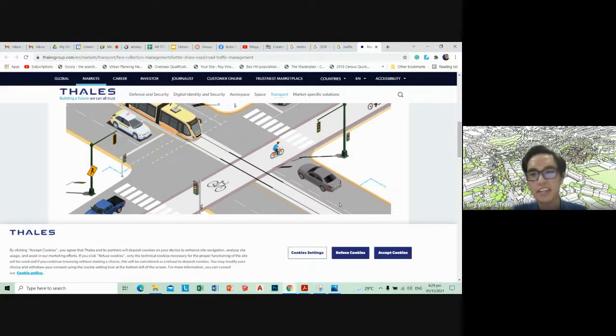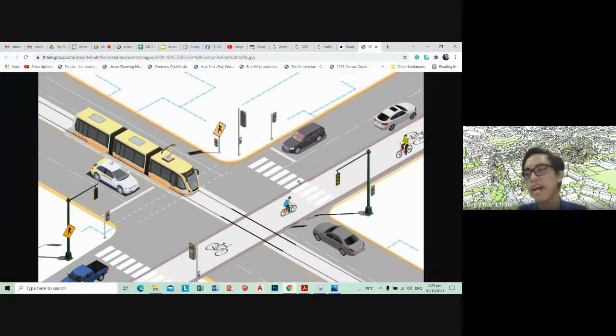Basically, the idea is that the reason why congestion is so bad in the Philippines is that everyone wants to drive faster, and that makes them change lanes and overtake each other. And it's that act of changing lanes that actually causes traffic, and not the fact that the road is very small, although that is a part of it. A larger impact is people trying to overtake each other and fight over the lanes, when usually, in the more developed countries, people stay in their own lanes. And then the issue with increasing road widths and building new roads is that it's not a long-term solution for traffic congestion,